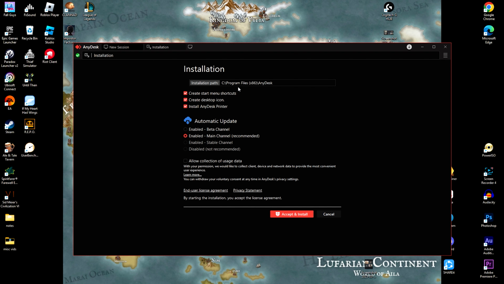Now you just need to choose the installation path, which is where it's gonna be installed. I recommend you choose the path that has more space. So I'm just gonna go D and just leave it like that, because I have more storage space on the drive D. Okay, so yeah, just gonna leave it at that, and then you have the option to allow the collection of usage data. And once you're done, you just need to click on accept and install, and you should start installing